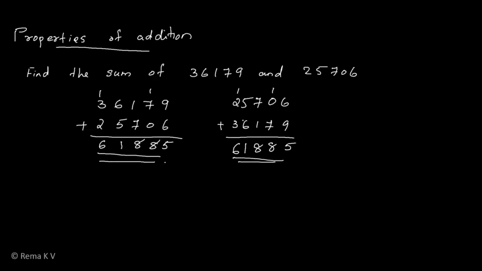We changed the order of addends. Here the first addend is 36,179 and the second one is 25,706 and their sum is 61,885. Here we changed the order of the addends. Then also their sum is the same number, 61,885. So the first property here is